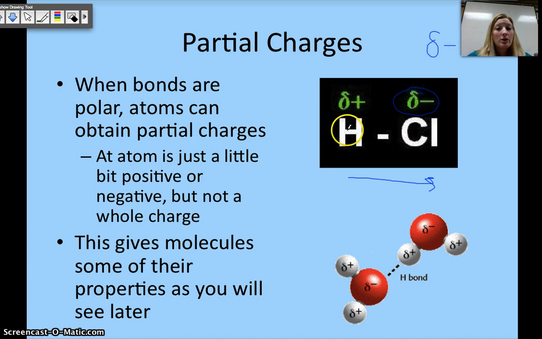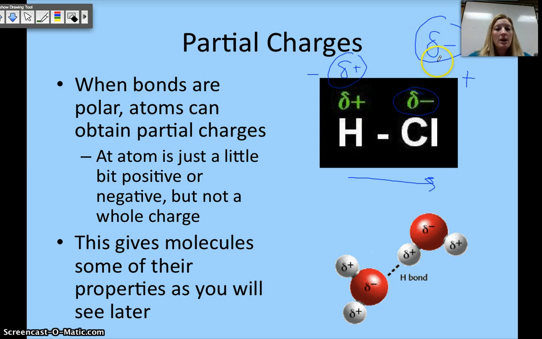We took that electron away from hydrogen. So if we take away some of its negativity, it becomes a little bit positive. So it has that partial sign and a positive. In an ionic bond, they're stealing it all the way, so that would be a positive charge and a negative charge. But because we're only bringing it a little bit closer, we're not actually stealing it all the way, it's just